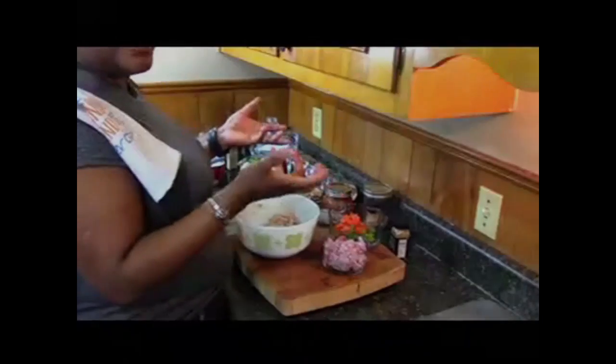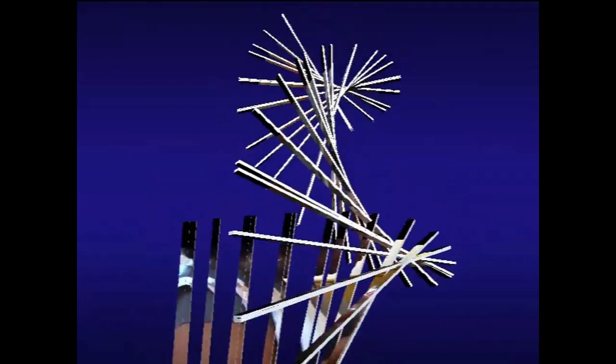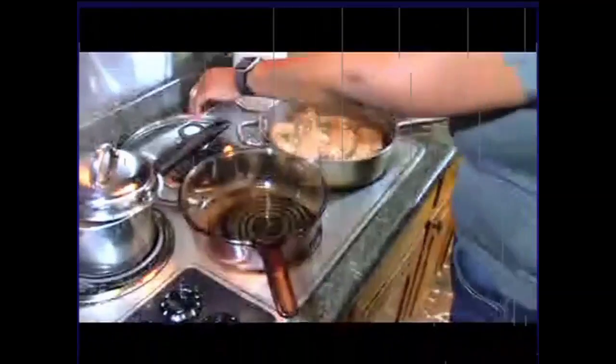You're gonna have to get your hands dirty with this one. So first things, you're gonna cut it down to a medium low or a low. Then you're